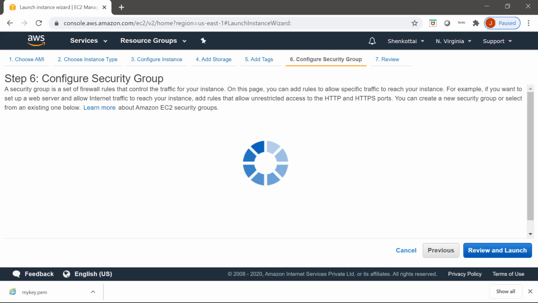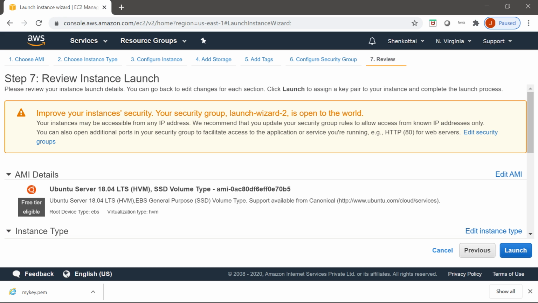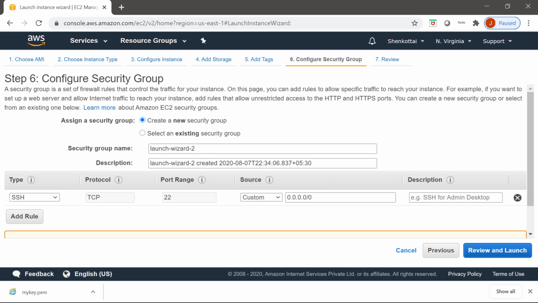Then Configure Security Group. I will create a new security group. Here you can see launch-wizard-2 is the security group name. Then I will click on Review and Launch. You can see the SSH port is available. The port is open for login to this instance.